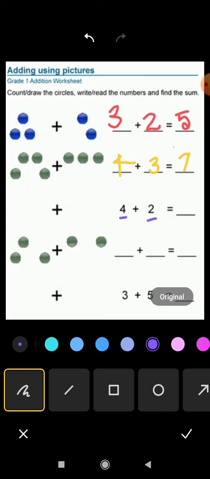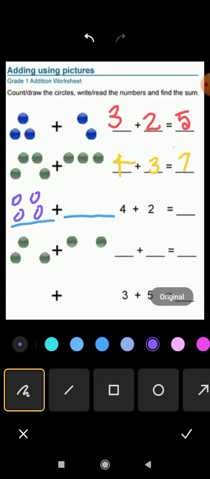Okay, so we are going to draw the objects in two groups. The first number is the first group, and the second number is the second group. Yes, my dears. So we are going to draw the two groups of objects. Shall I put a dash for ease? Here the number 4 is given. So in the first step you are going to draw 4 balls: 1, 2, 3, 4.